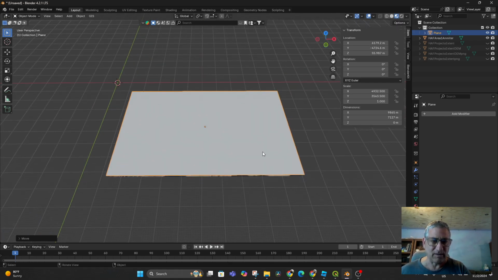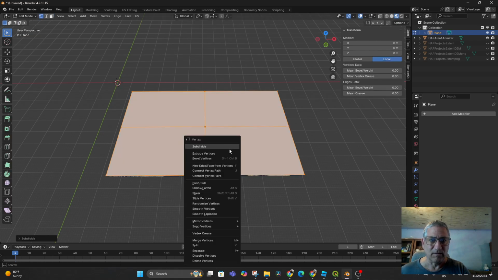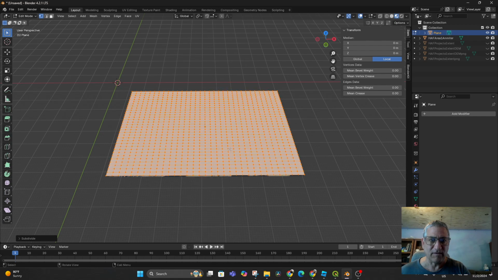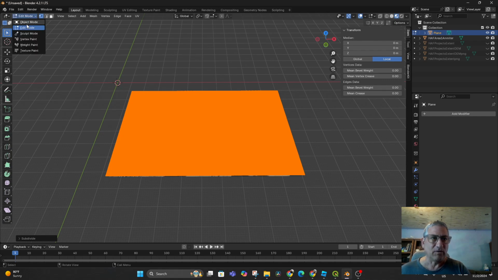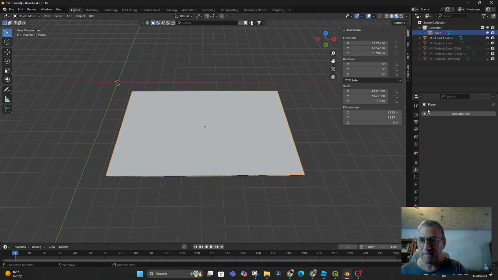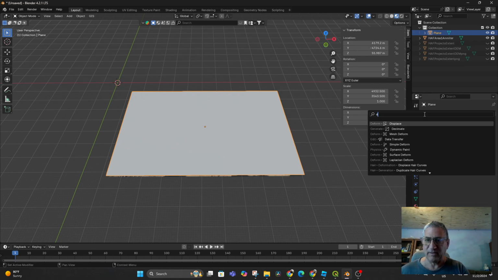All right, so now I will subdivide. 1, 2, 3, 4, 5, 6, 7, 8. And I will go into the modifier, put a displacement in,